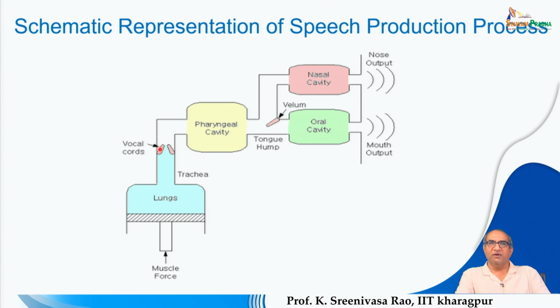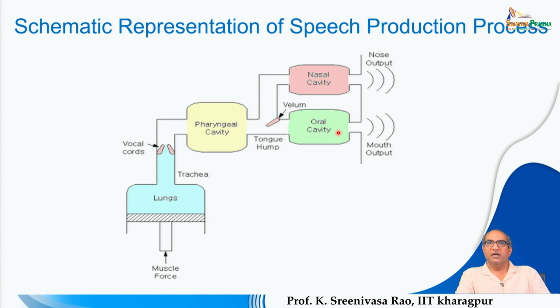So that way, this vocal folds vibration transforms this exhalation of air into a sequence of narrow pulses, and these narrow pulses propagate through the pharyngeal cavity. It's nothing but from the vocal folds up to the oral cavity, the pharyngeal cavity, and then here we have a velum. This velum controls the coupling of the excitation to the nasal cavity and the oral cavity. If the velum touches here, then the nasal cavity will be blocked, right? The entire excitation is coupled to the oral cavity,